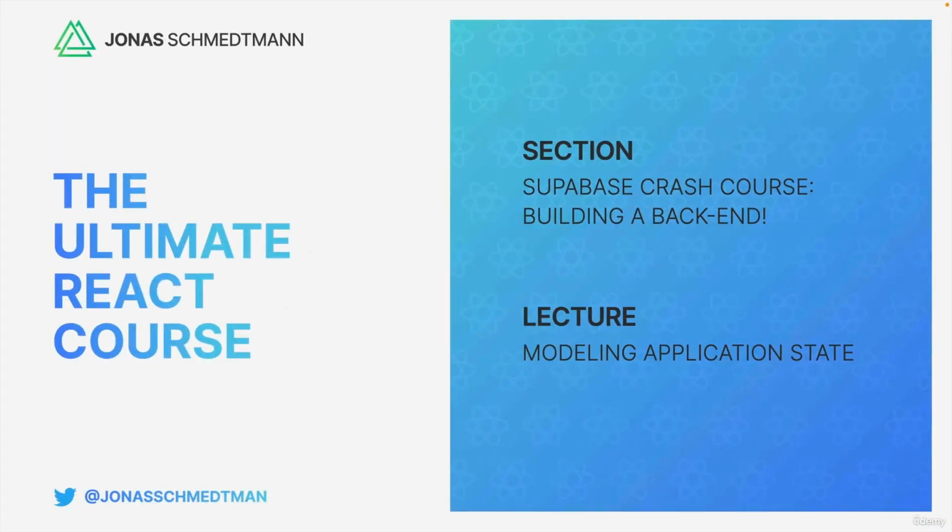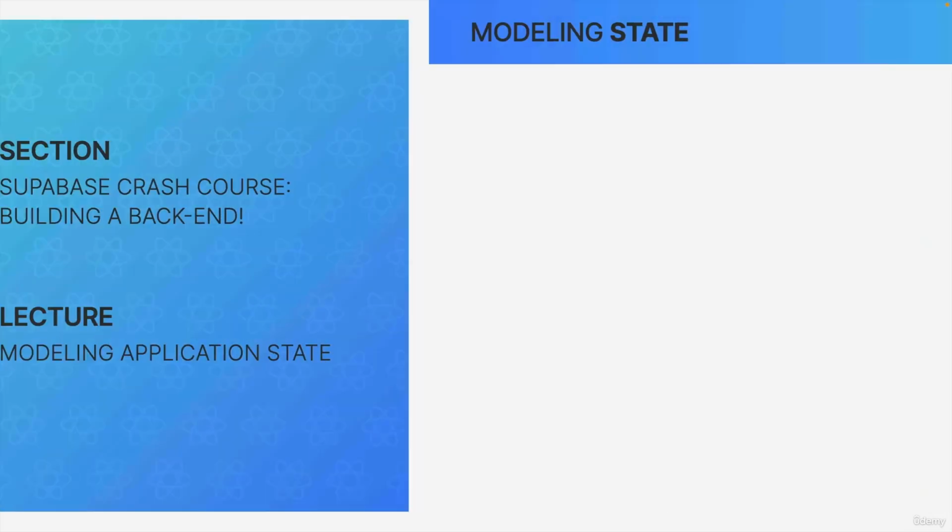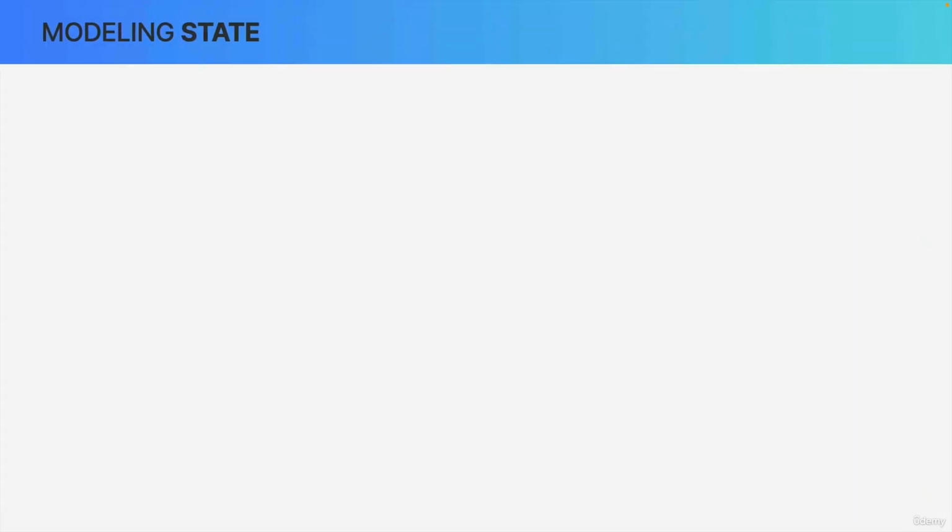So, in order to figure out which tables we should actually create inside Supabase, so in our database, we first need to think about our application state. Now, in a big application like this, modeling state becomes a bit different, because we think more about state categories or state slices on a much higher level. So we're not going to plan state at the component level, but really on the page and on the application